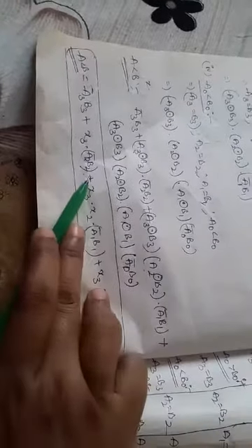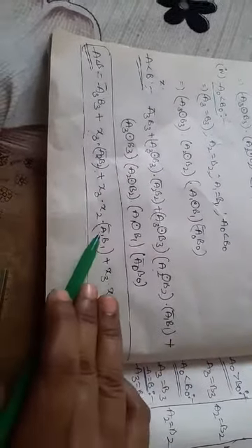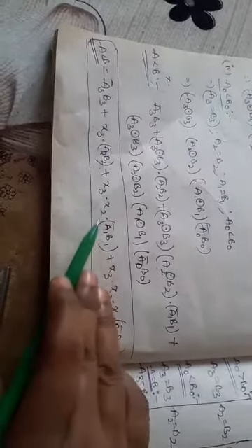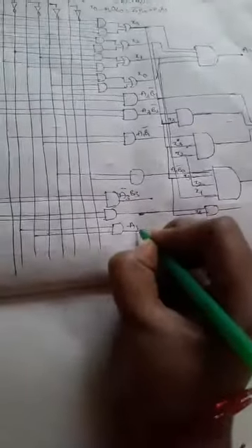In between these two, which operator are we having? AND operator. Just observe here, X3 A2 complement B2. So in between these two we'll have the AND operator. That's why I can take it here. The next one is X3 X2 A1 complement B1. First we need to design this AND gate, and after that multiply with these two. So A1, where is it? Here, A1 complement and B1. Where is B1? Here. So this is A1 complement and B1.